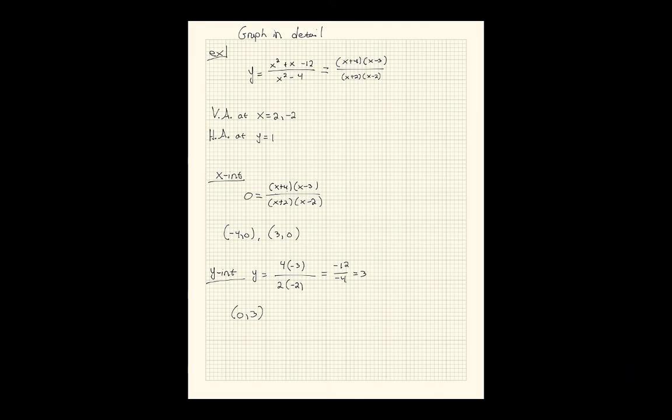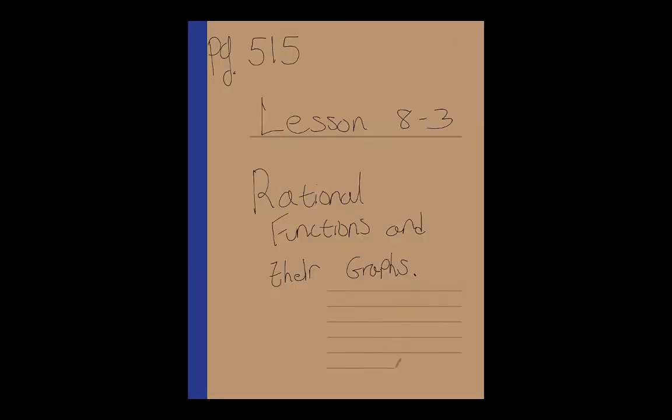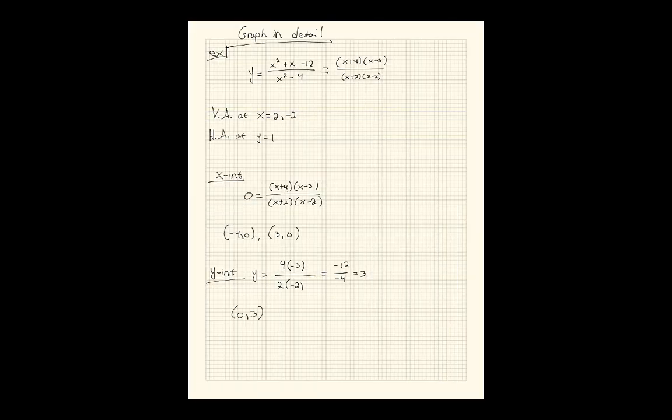graph. From here, since a lot of these are going to be so different, there's a lot of different things that can change how our rational function is going to look. Once you've found all these, I want us to use our graphing calculator to help us get the shape, okay? Because they're not going to all look like, if I go back to the beginning, they're not going to all look like one of these. I had mentioned at the beginning of Wednesday's lesson that they all have pretty different shapes. So let's use our graphing calculator to fill in the rest of the information for us while we